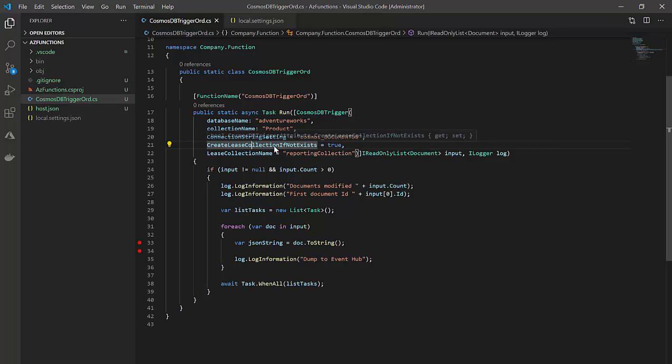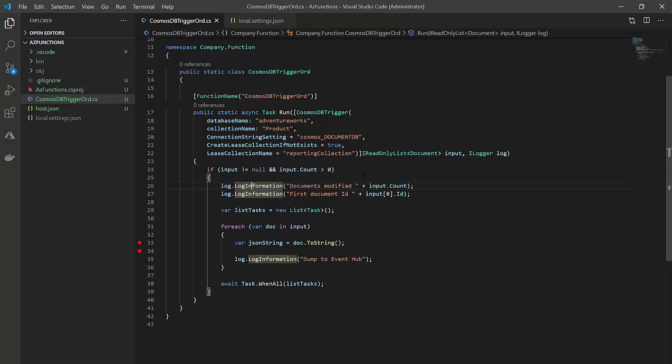I use this parameter called create lease collection if not exists equal to true, so if the collection doesn't exist in Cosmos DB, it will create it. One of the main criteria of the lease collection is that the partition key needs to be the ID field. And you get this function as a Cosmos DB trigger,